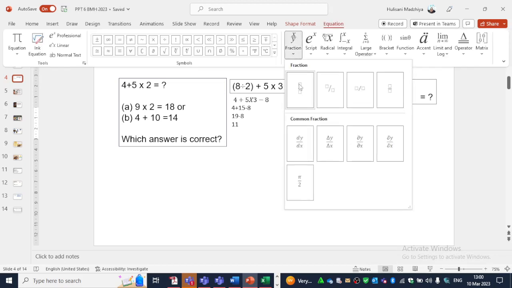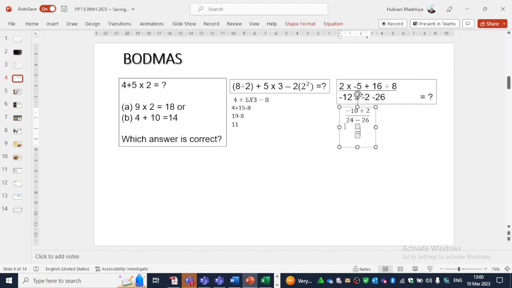So which is gonna still be within the fraction. So what we do then from here, we're gonna say negative 10 plus 12, giving us positive 2, and then we move forward to 24 minus 26, positive 24 minus 26. This will give us a negative 2, and then this gives us our final answer as negative 8 divided by